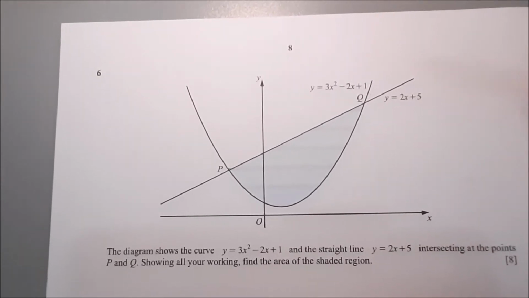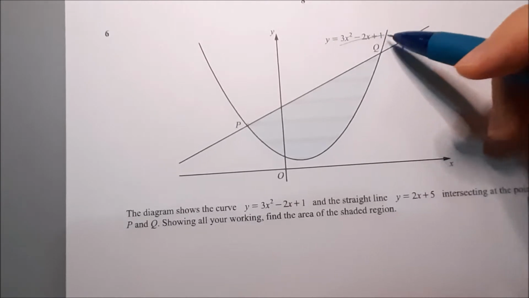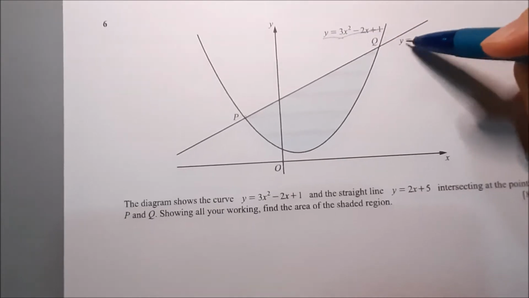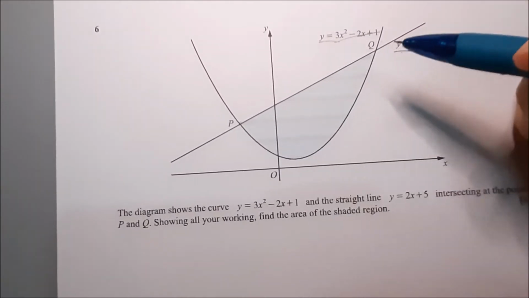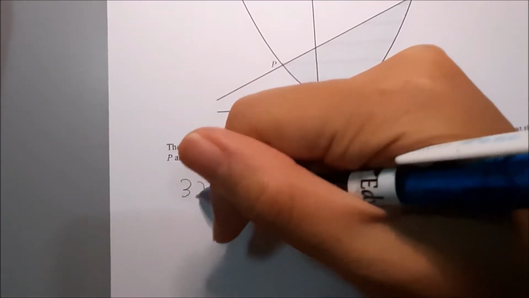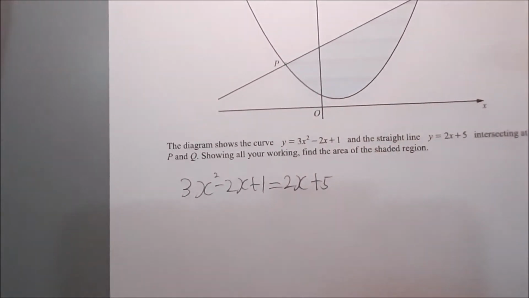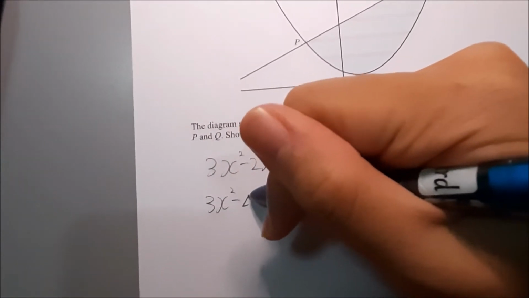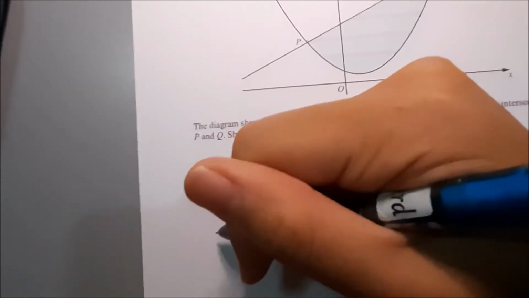To do that, you can see that these two equations, 3x squared minus 2x plus 1 and 2x plus 5, are both y equals, so they have the same y at their intersecting points. So basically you have to equate them together, and then from here you just simplify that. 3x squared minus 4x plus 1 minus 5,